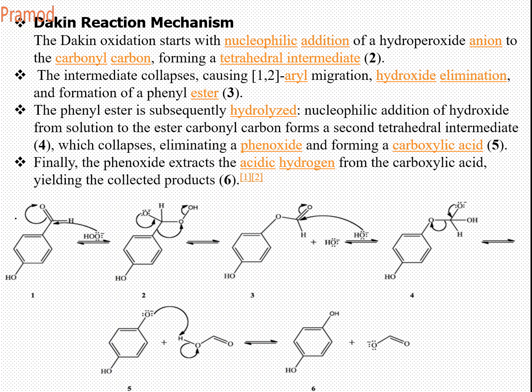In case of an aldehyde, it is an acid. If it is a ketone, it is an ester. This undergoes hydrolysis to give you a corresponding carboxylic acid and a phenoxide. And this phenoxide, being acidic in nature, abstracts an acidic proton from the carboxylic acid to give the corresponding substituted phenol, 1,4-dihydroxybenzene. So this is how the reaction takes place.